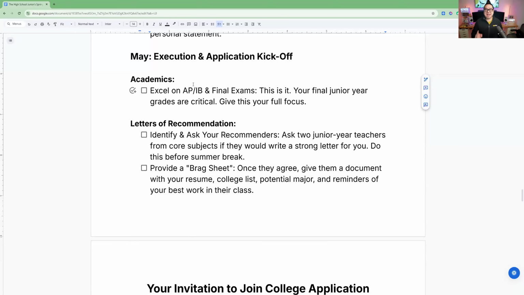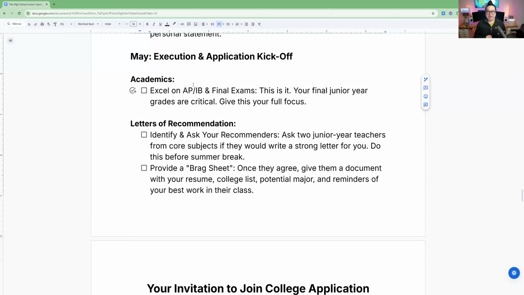And that's the key. The name of the teacher doesn't matter. I don't care if they're department head, fancy title, doctor title. That's kind of irrelevant. The best person who can write it is someone who knows you best. So identify them, and ask them for permission first. Don't just assume they're going to say yes. Some people might say no. Once you ask, then you give them a brag sheet of things about who you are to prepare. A little tip here: let them know you'll give them more information in the fall, because we haven't gone there yet. There are still things to be done later on.